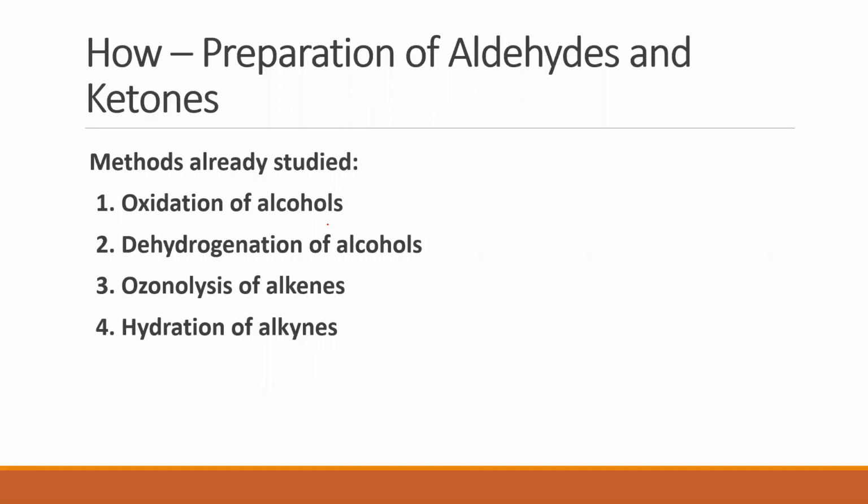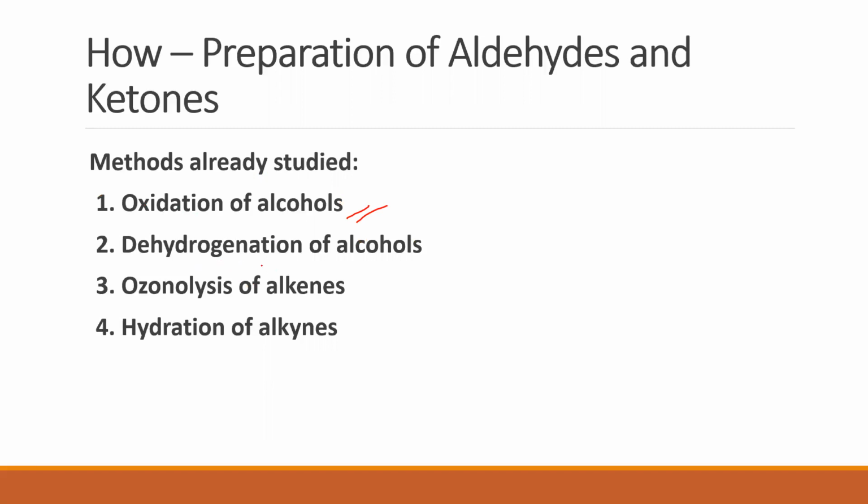So primary alcohols upon oxidation will give an aldehyde, which on further oxidation will give a carboxylic acid containing the same number of carbon atoms. How do we get a ketone? Yes, secondary alcohols upon oxidation will give us ketones. If you further oxidize it, you get a mixture of carboxylic acids. This is what we looked at in the previous chapter. So that's the first method. There we looked at it as a chemical property. Here we are looking at it as a method of preparation, oxidation of alcohols.